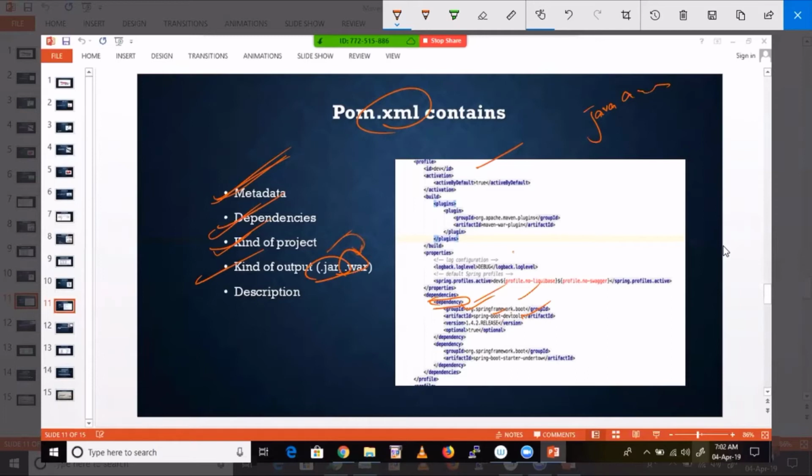Just remember that. And apart from that, there is the project description, which is for your own information. So pom.xml contains all these things. Anyway, the developer will take care of this one. He is responsible for writing this pom.xml. But you should know what this pom.xml is and what things it has.